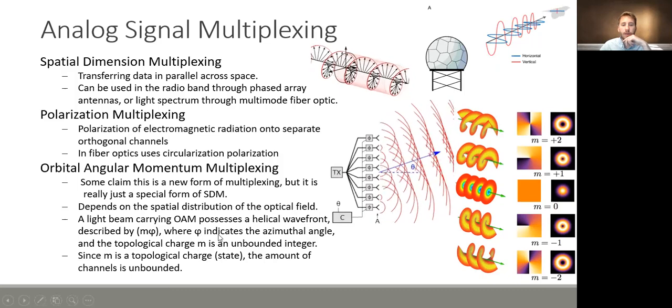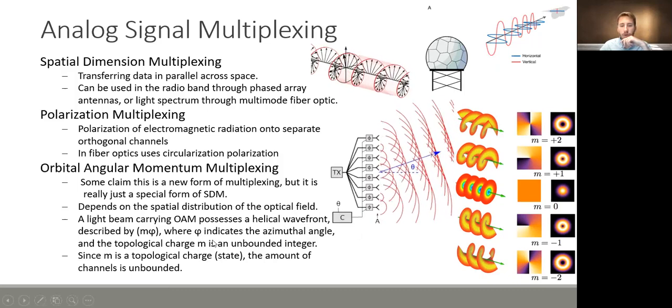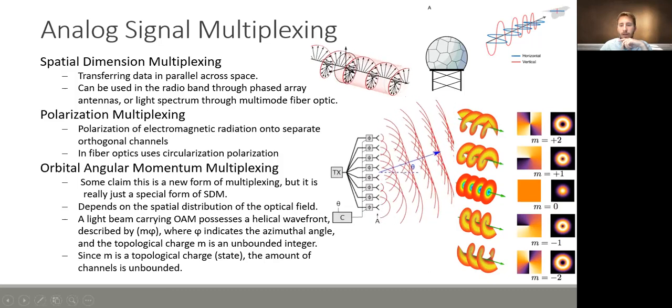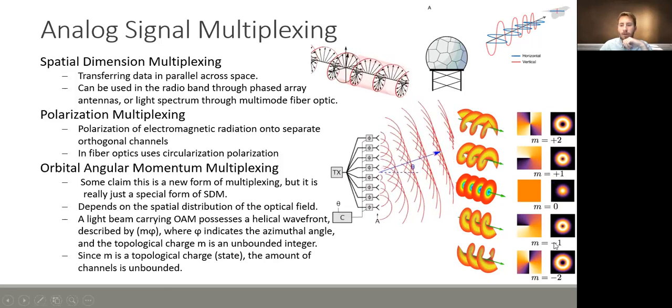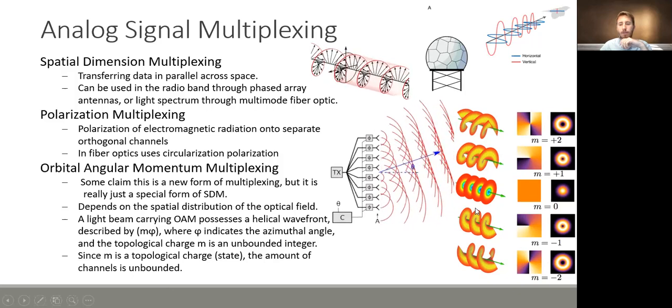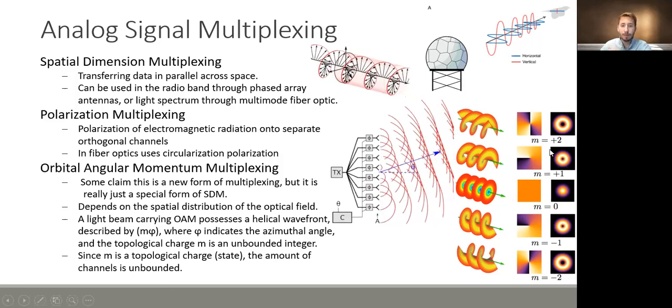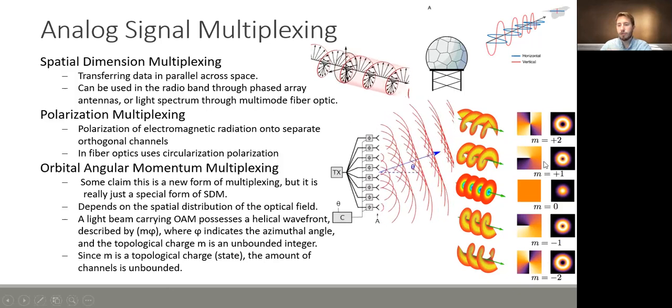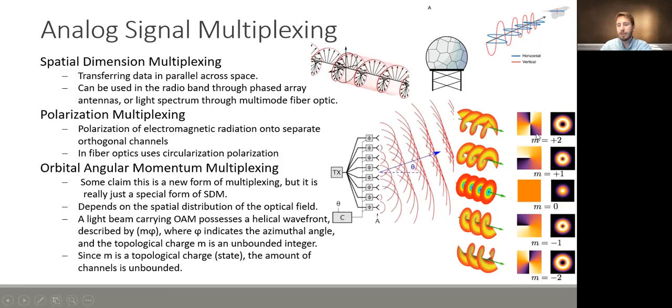It can be described by its angle, and also the topological charge as an unbound integer. These are integers for different types of helical patterns, but also types of distribution of intensity. This is your intensity distribution as well, and this shows how the time pattern